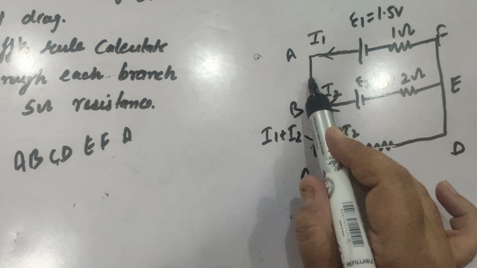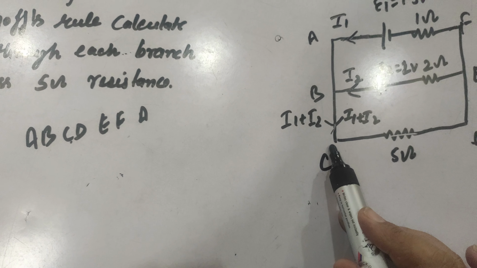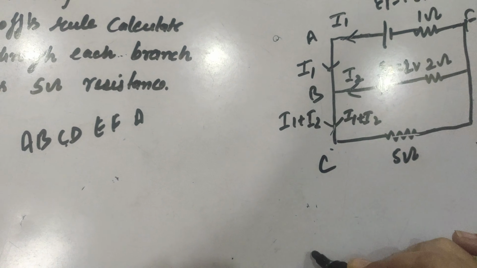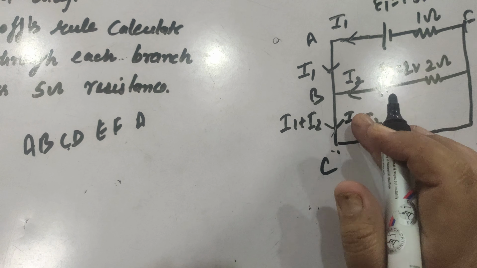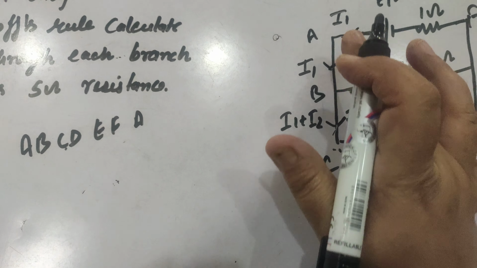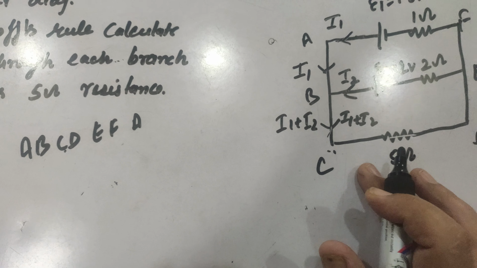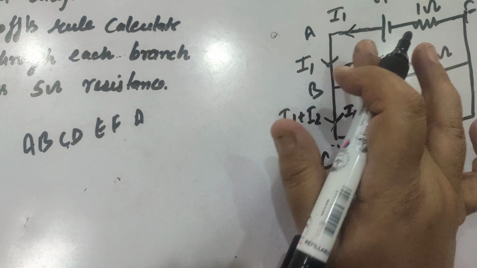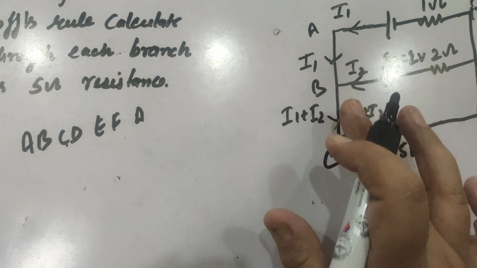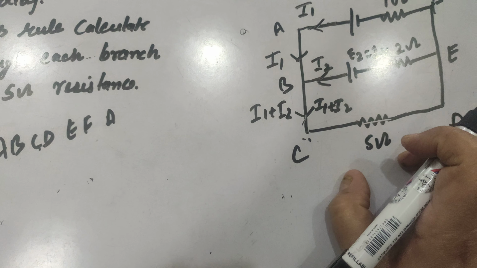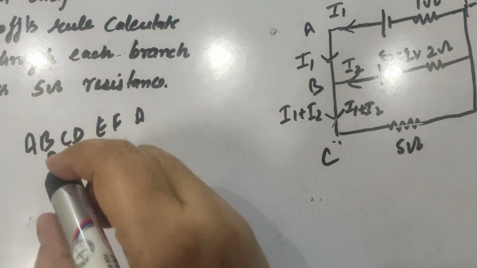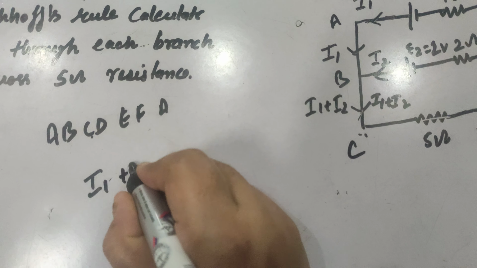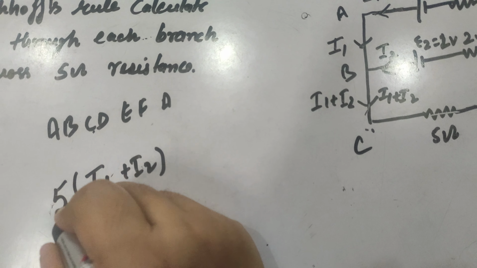So when we are moving A, B, C, D, A, here it is I1 up to AB. When it goes to BC, it becomes I1 plus I2. But when we are writing the product IR, we will see the resistance only. Since in this part AB there is no resistance, we will not write I1 into something. But when we reach the 5 ohm resistance, the current is I1 plus I2. Since we are traversing in the same direction as the current flow, we will write it as positive, I1 plus I2 multiplied by 5 ohm resistance.